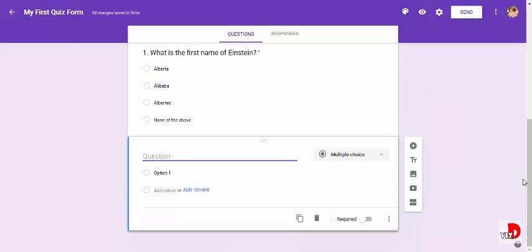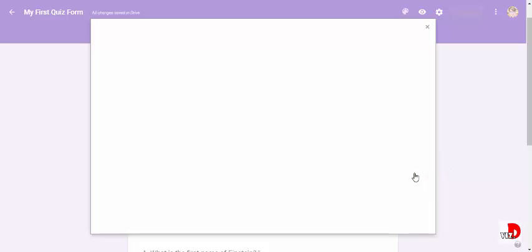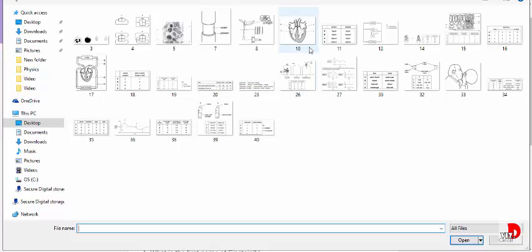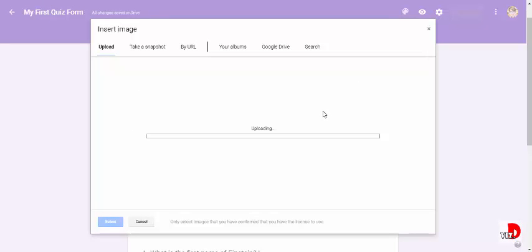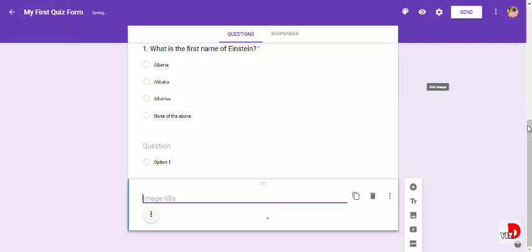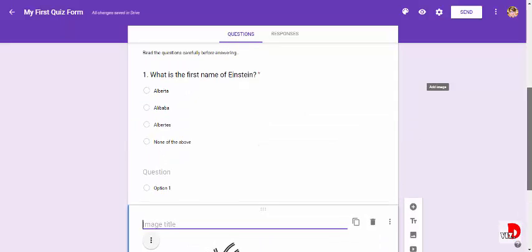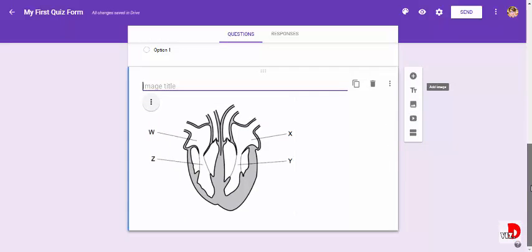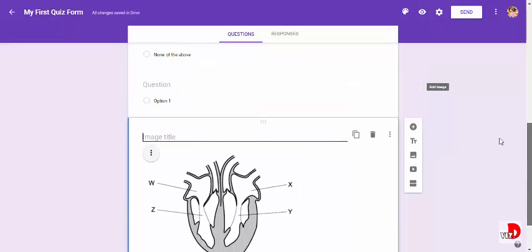Let's say this time we would like to use a picture to question. So in that scenario, the third option from the top here, there's something called add image. Click on that. You can choose an image. Let's say randomly we choose this one. Open. Uploading. It'll take a minute or less than that usually. My internet's fast today. Okay, as you can see, an image has been saved over here,